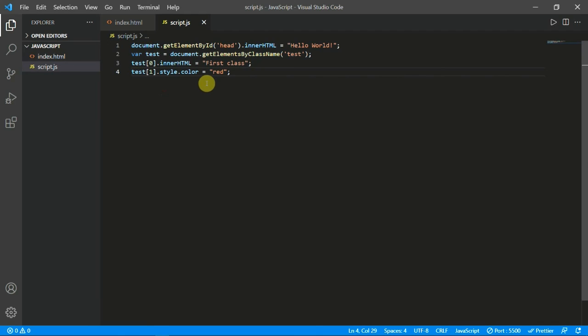So you can manipulate even our CSS and HTML using this, and by using this simple getElementById, getElementsByClassName, you can even get elements by different things.